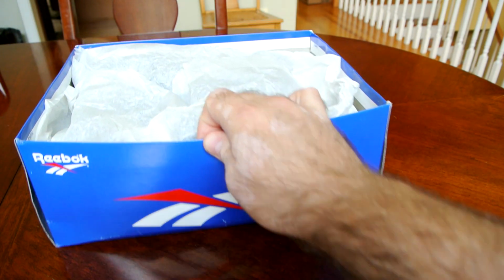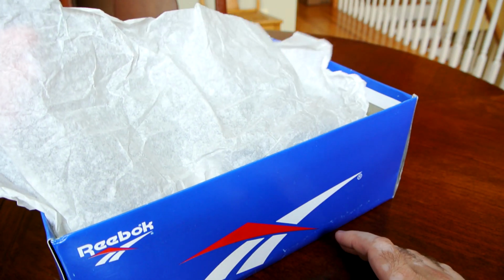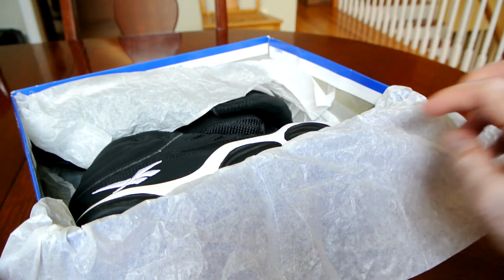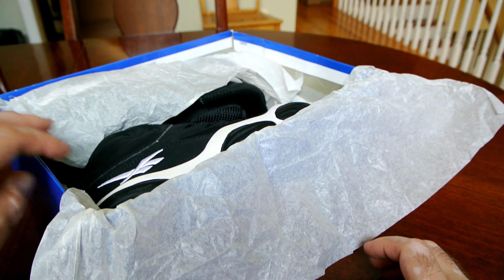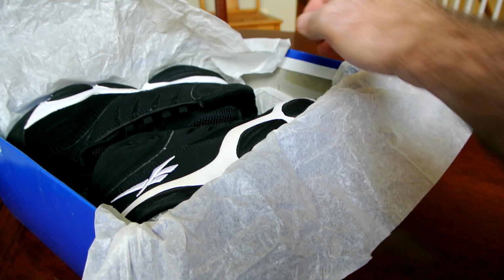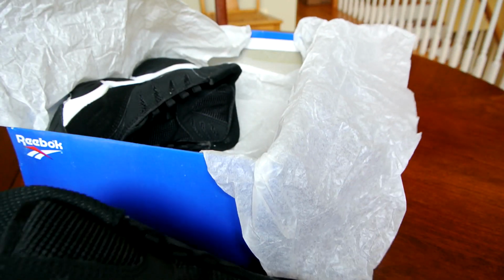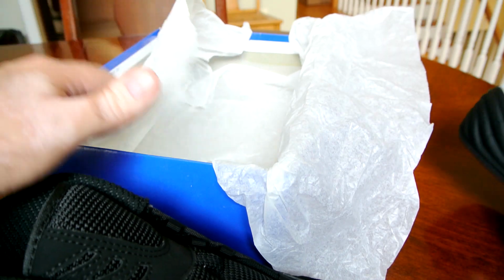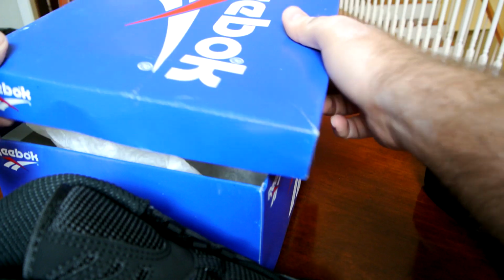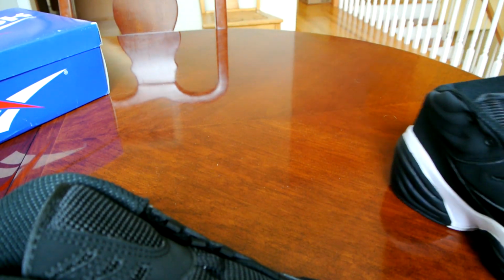But yeah, definitely this is one of those shoes that I have in perfect DS condition. I believe that even if the papers are the original ones, if they're stored correctly with the right temperature around 72 to 75 degrees and little to no humidity, they will stay DS in perfect condition even if they're not worn before. So definitely this is one of those pairs that is almost 20 years old in my possession and